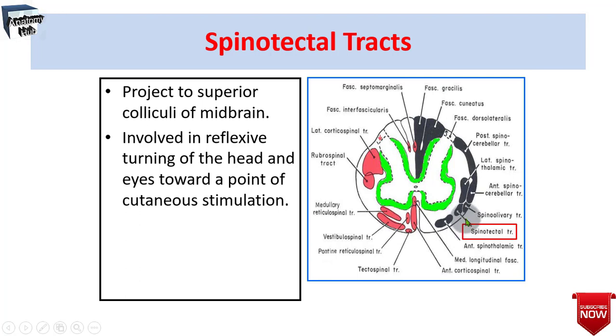The second order neurons are present in the laminae first to fifth of the posterior horn, and the fibers cross and ascend in the anterolateral white columns, reaching the level of the midbrain. So they project medially into the intermediate and deep layers of the superior colliculus and the lateral region of the periaqueductal gray matter. So in the contralateral superior colliculus, they terminate somatotopically.